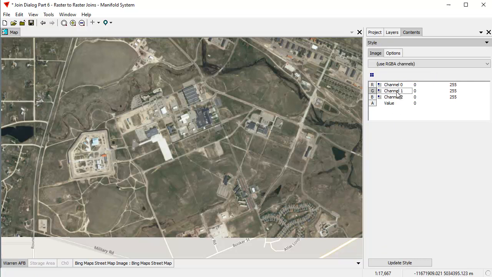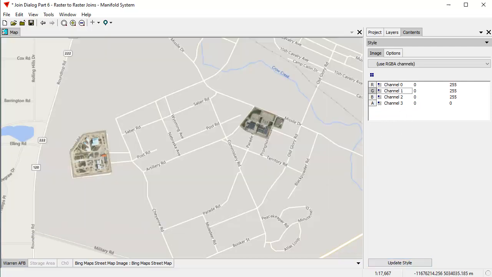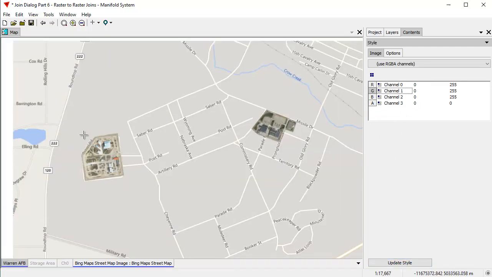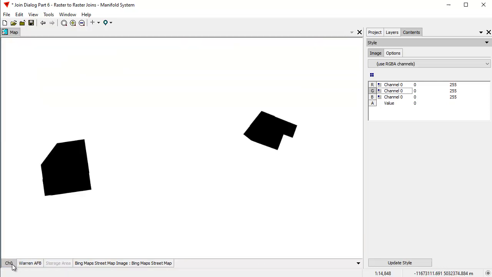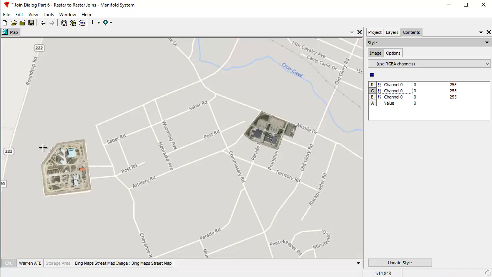You can see it now has 4 channels, and there's a new alpha channel. For now, it's just using an RGB assignment. Now we're going to use an RGB-A assignment, which tells Manifold to style this image using red, green, blue, and alpha channel, and to use the alpha channel as transparency. You can see what it did. Let's move the mask above here. Where there were black pixels, that tells it to use a 0 value for transparency, and where there are pixels that have 255, the alpha channel tells it to use full transparency. So the net effect is as if we knocked out